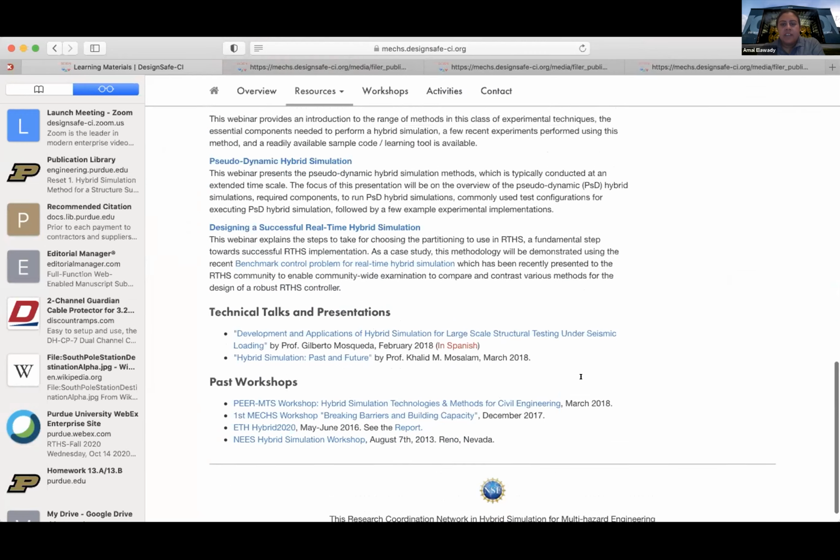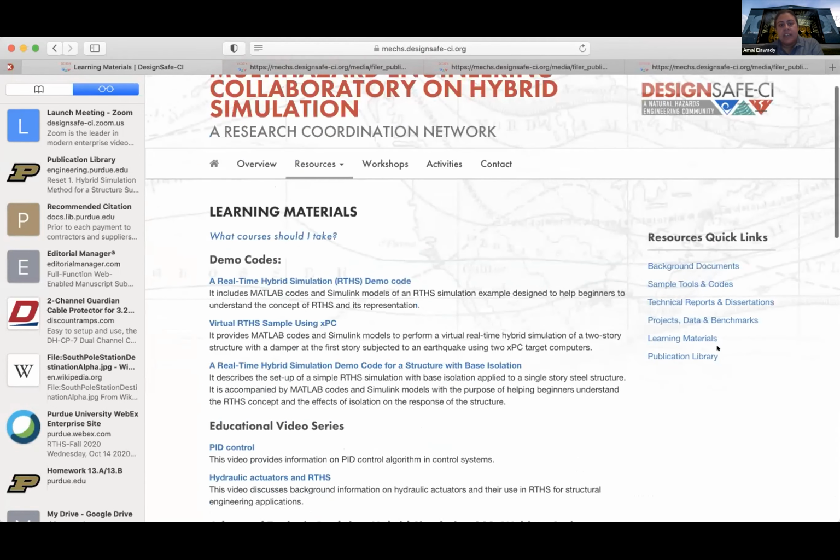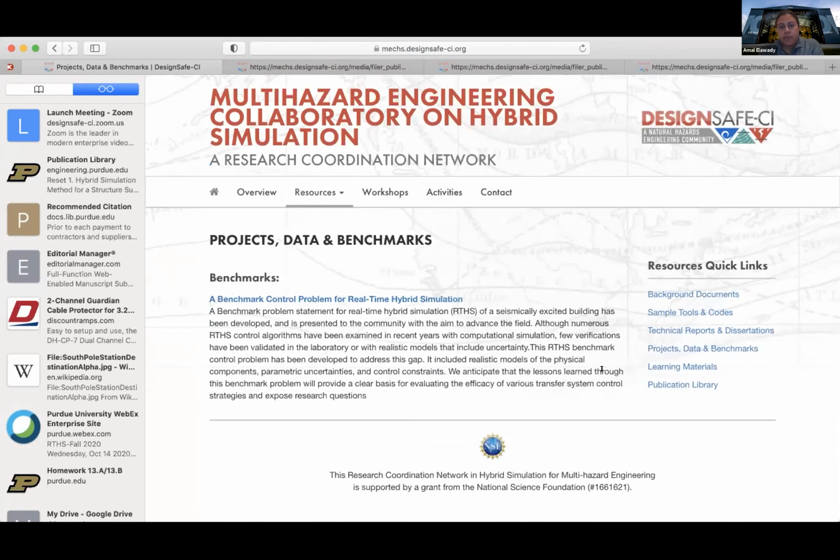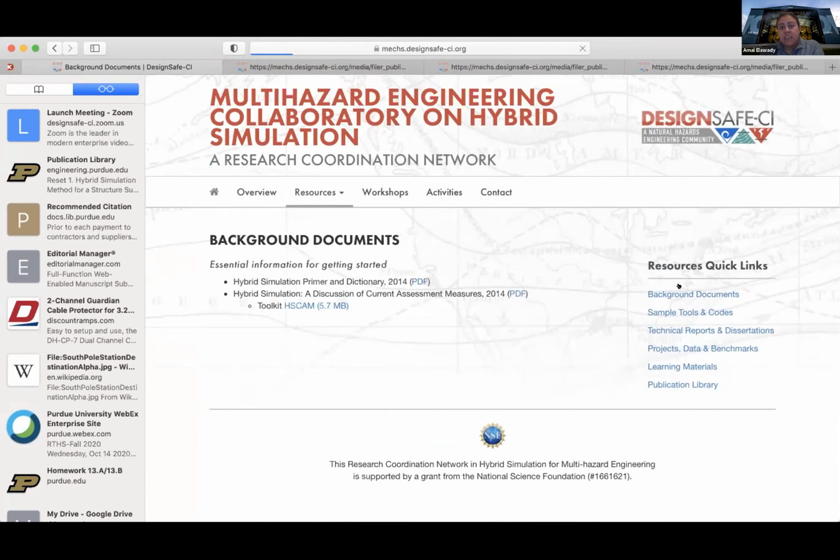If I can add to that, or if MEX can provide access to students or faculty who would like to attend one of these courses, because sometimes it's difficult to locate where the course is being taught and how we get access to it. That's one of the challenges. Okay. Let me think about that.